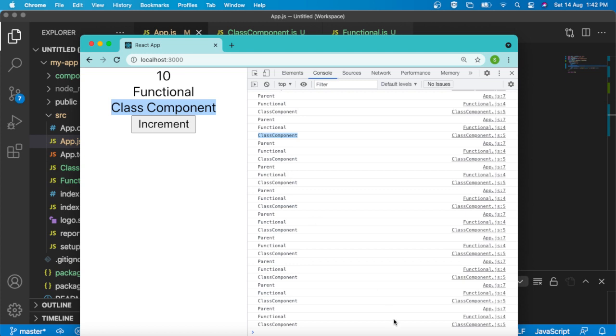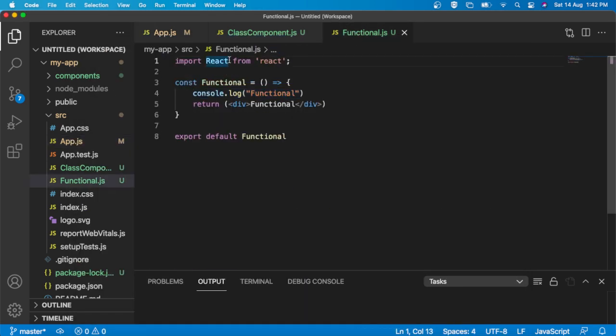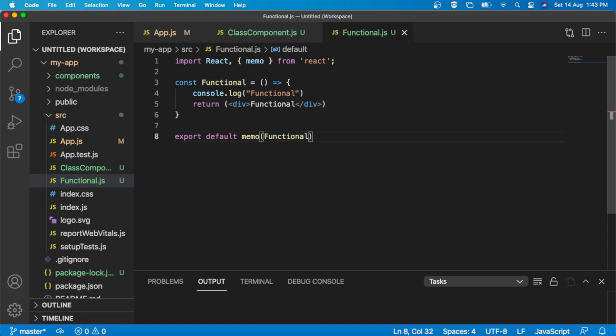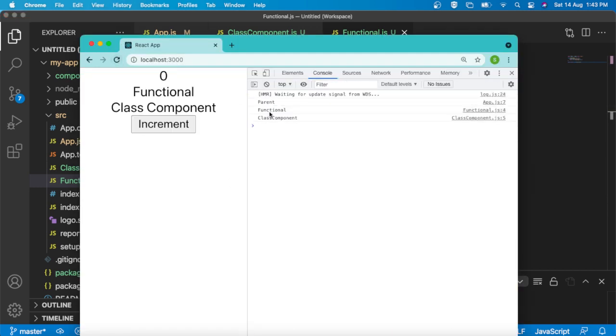So what I am going to do here, inside this functional component, is introduce memo. Memo will memoize the component, and if it does not need to be rendered, it will not re-render. I have attached memo to my functional component like this. Now if I try to refresh, let's see what's happening. Initially the parent component, functional component and class component are all rendered.